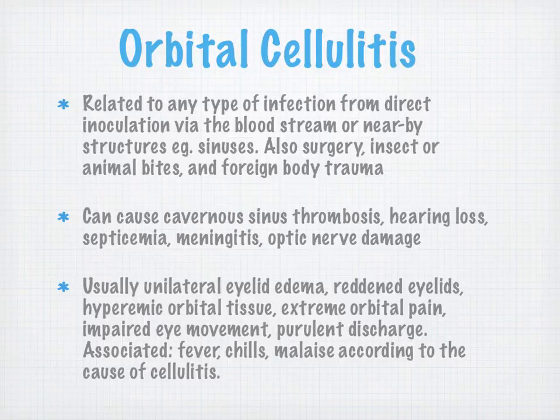It's usually unilateral, so you're just going to have it on one side. You're going to have a red eyelid. The orbital tissue is going to be all red. It's extremely painful. The eye movement hurts. It's a purulent discharge, and the child or adult will have fever and chills, malaise, and the constitutional symptoms of an unwell person. So this is where you really want to skip all those herbs, and you can do those later and just get that person the correct